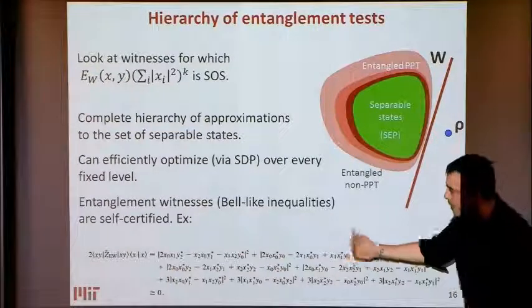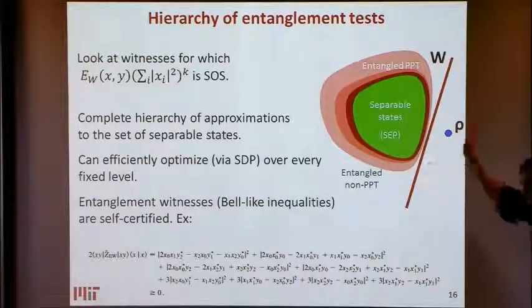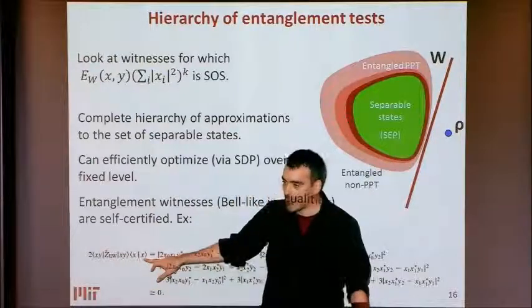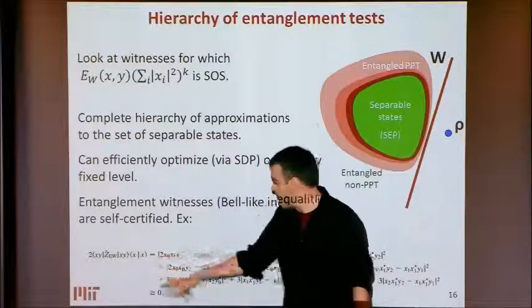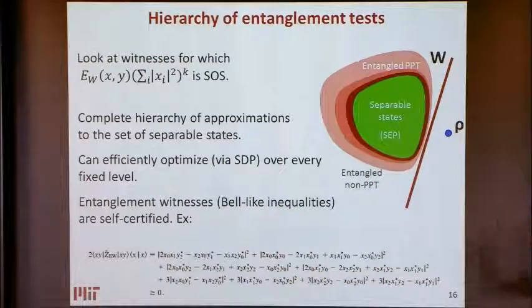So here's an example from the paper. I don't remember which state we're looking at, but it's one of these difficult states. You look at a particular witness, you multiply it by this XX transpose, and what you'll see is that this actually has a nice decomposition even with integers of this type. This is again just an example.